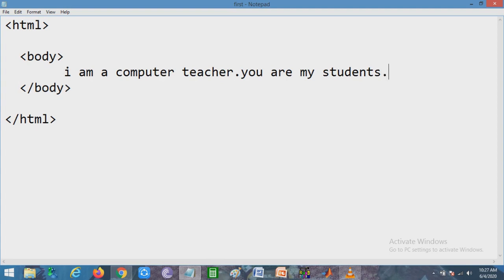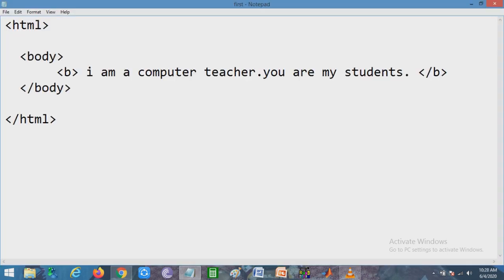So here if I use the b tag, that is the bold tag, and here also we mention the stop tag, the end b, then what will it give at the output? We'll see. Now save it and run the code. Look, all these sentences are in bold on the browser.